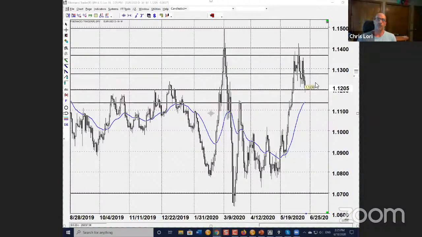And then other times we've gone through very lengthy periods of almost no correlation at all, particularly as interest rates became so compressed and so low. There was not a lot of yield advantage, so we were not seeing a lot of FX flows toward yield. So what I'm looking at right now here on the euro is